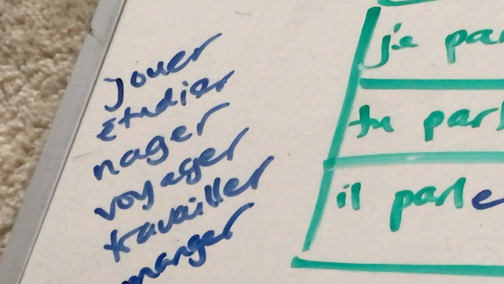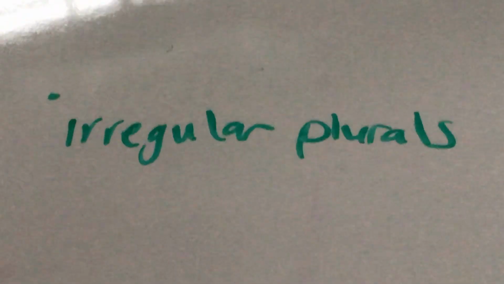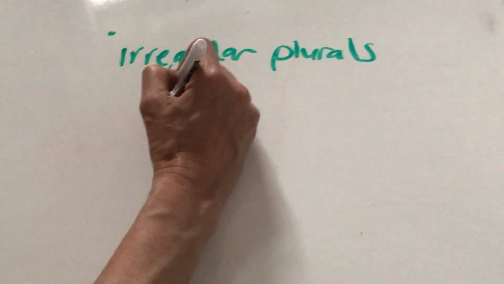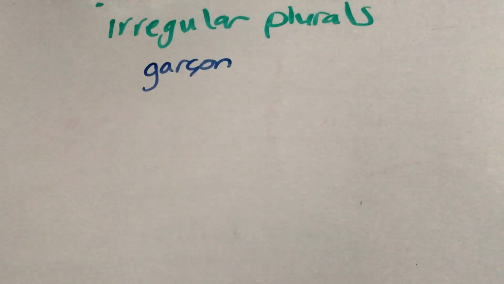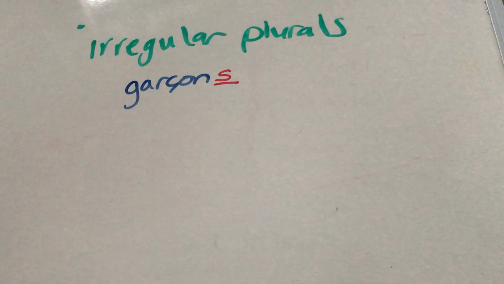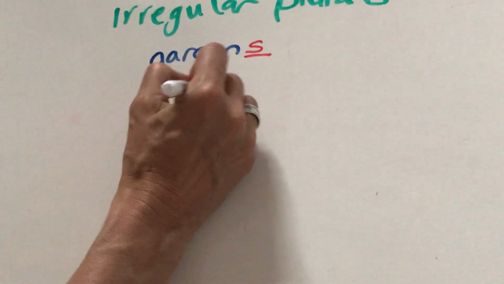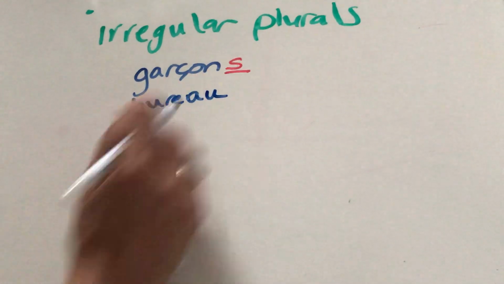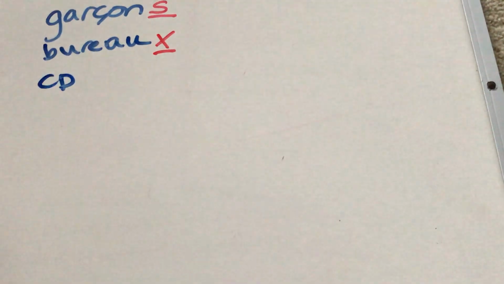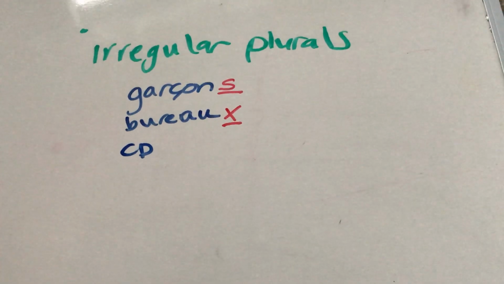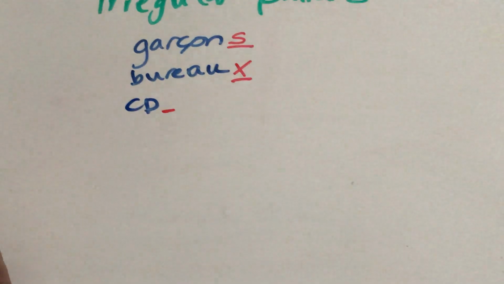All right, our last topic are irregular plurals, and we have seen just a couple of these the first time we were looking at how you make nouns plural. Remember that we talked about just almost all nouns are going to become plural just by adding an S. And then we also talked about the fact that we might have some U-enders that get that special X. We have English words or words that have an origin in English that won't change at all.